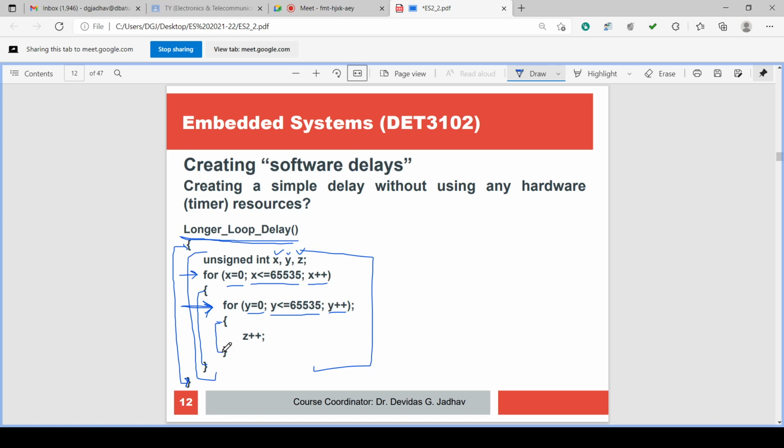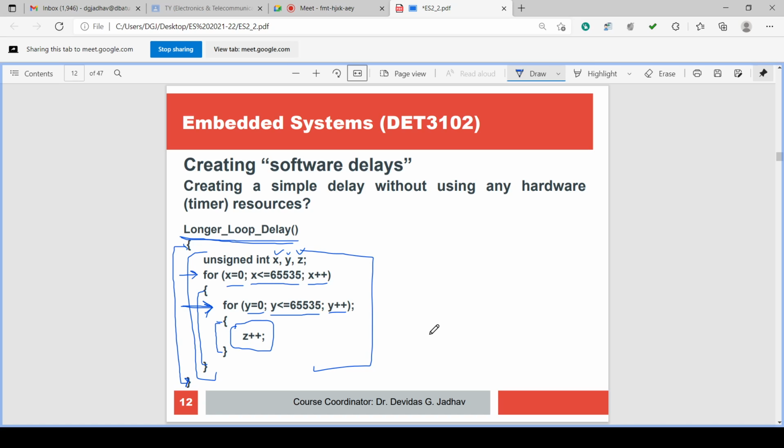Whatever is written between these two curly braces is the program for the second for loop. So here the program is z increment, only increment of z. Anything you can write, any code. So this is a for loop embedded in another for loop.